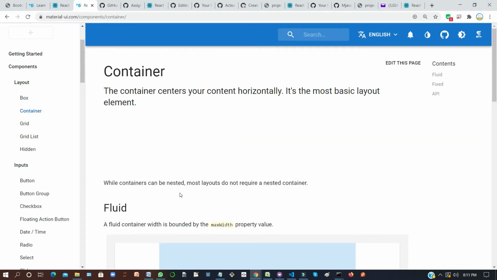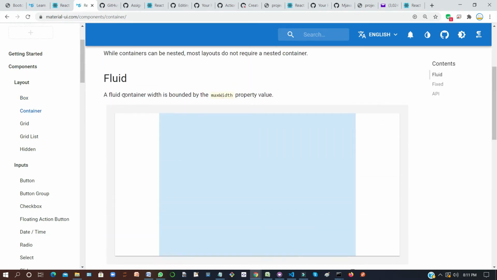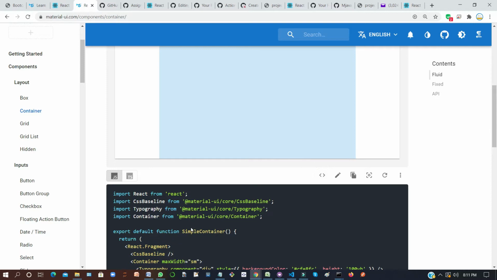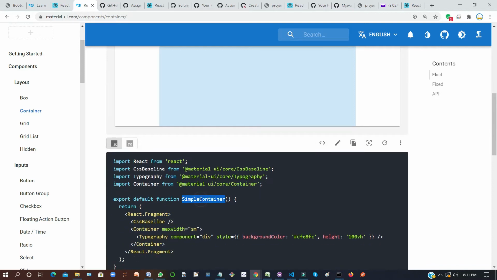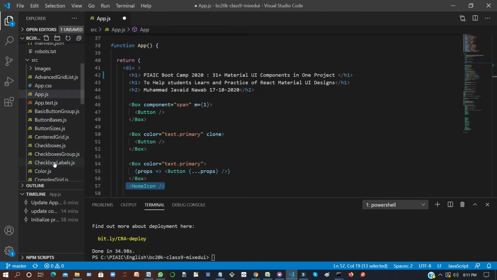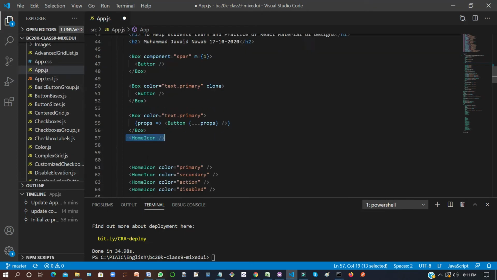In the container next you will see a name, flood. So if you see this code, I have created a simple container.js file, which is over here.